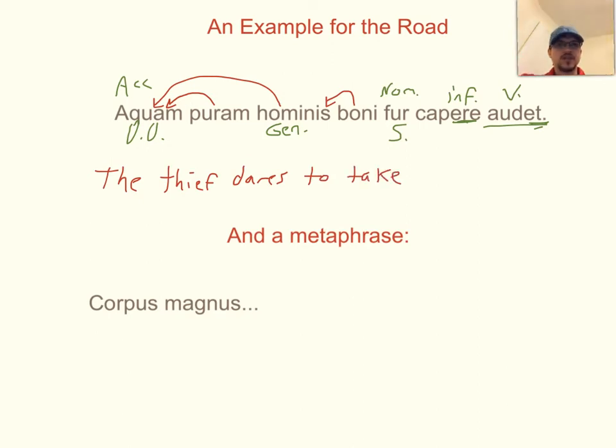Our direct object aquam, but it has that adjective with it. Pure water. And we have that genitive, and from the previous slide you remember that the genitive is translated like of, so the thief dares to take the pure water of the